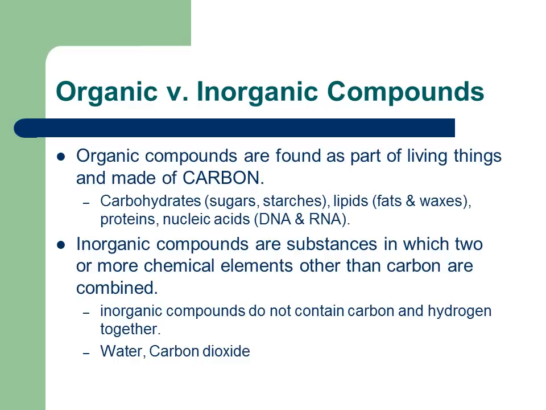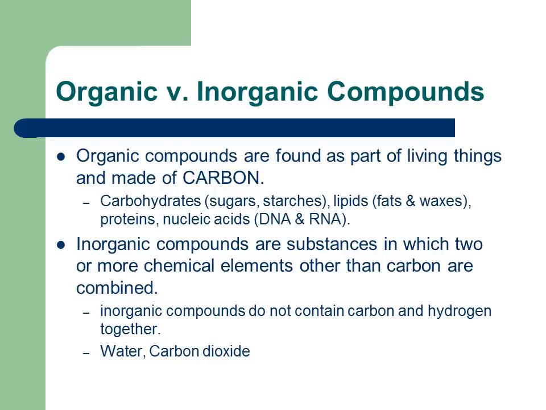So, to start off with, we're going to define a couple terms that are important in understanding biochemistry. Living things have both organic and inorganic components to them, and we're first going to define organic compounds. Remember, a compound is atoms that are put together to make a new structure. And so organic compounds are found as part of living things and are made of carbon. And some examples include carbohydrates, such as sugars and starches, lipids, fats and waxes, proteins, and nucleic acids, which include